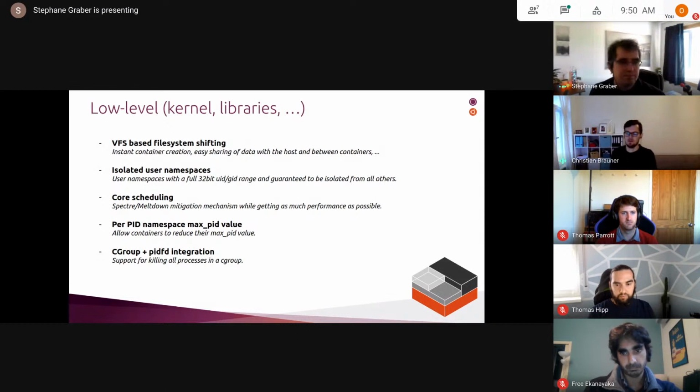This is how unprivileged containers work: you create a user namespace, and user namespaces have a property called ID mappings. An ID mapping basically means that while you're in the container and you appear to be UID 1000 or UID 0, if you look at the container from the outside, this process running with this UID will be mapped to something like 100,000 or 200,000.